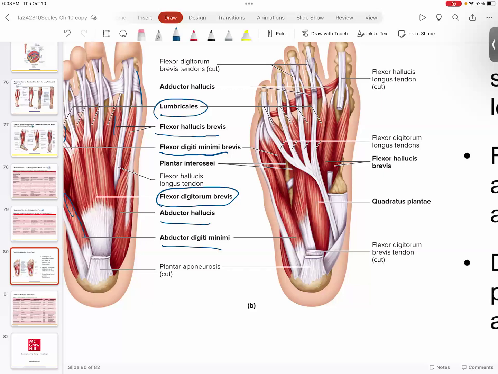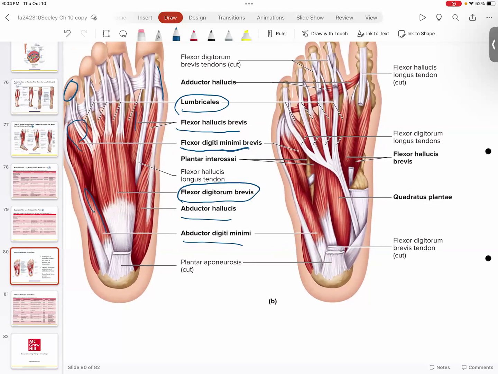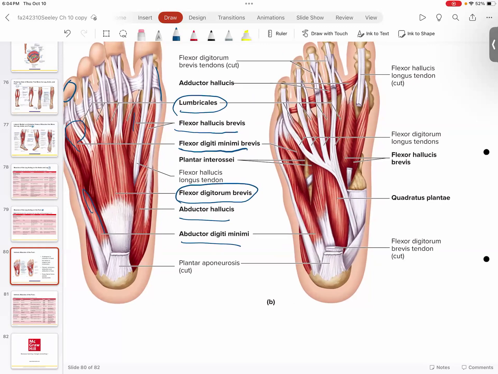And so here they've cut away a couple of muscles. In this case, your flexor digitorum brevis has been cut away. So that's this piece right here. Your plantar fascia, your plantar aponeurosis, which is this piece right here, kind of wraps around the bottom of your foot, creating the sole of your foot. That's been cut away. And so now what you're seeing is a clearer picture of your flexor hallucis brevis,